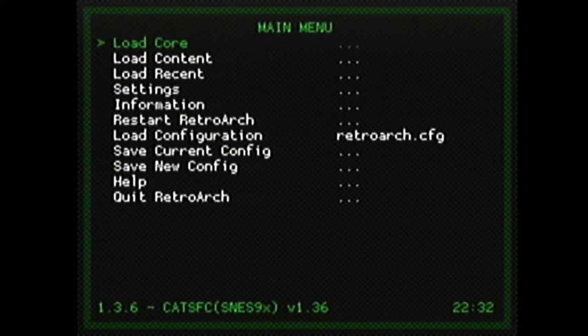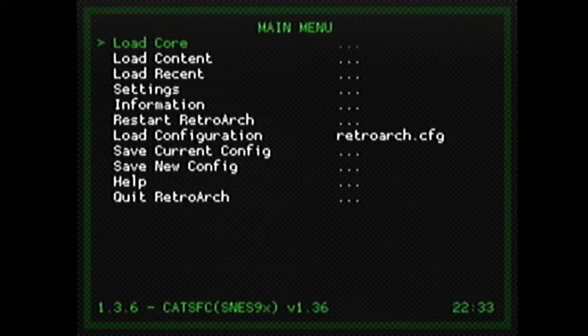The other option that you can do is you can actually get a SNES to GameCube adapter. And that allows you to plug your Super Nintendo controller into the GameCube port on your Wii and actually play with the Super Nintendo controller. So for maximum authenticity, that's the way I go. In any case, once you're in RetroArch here,